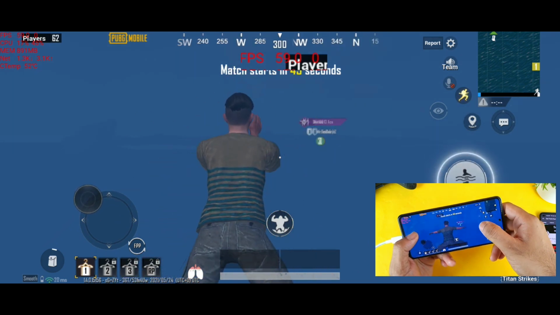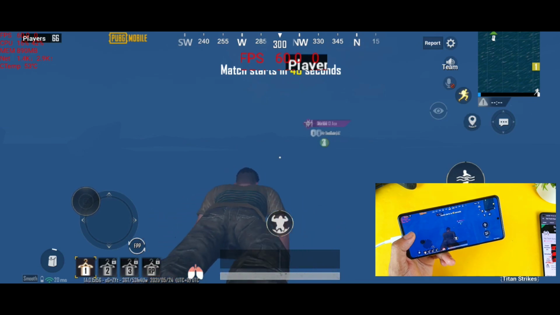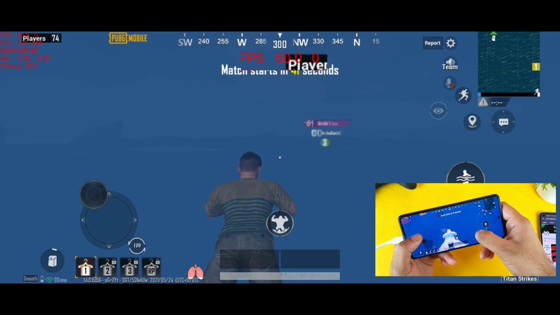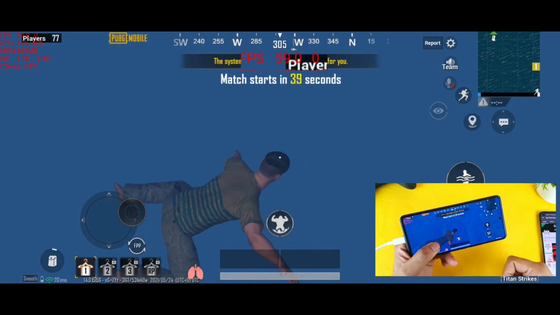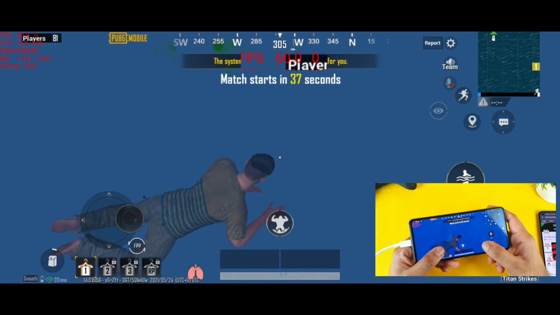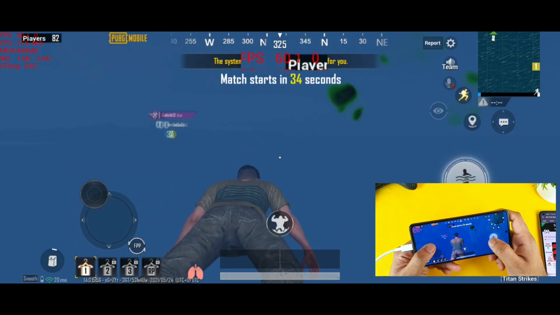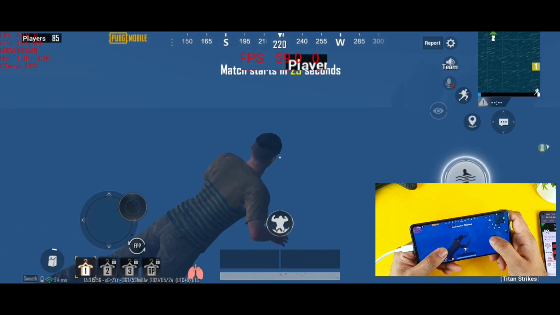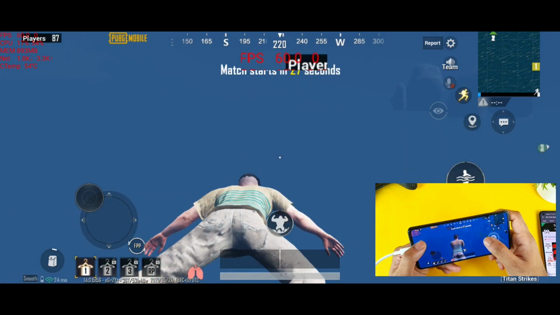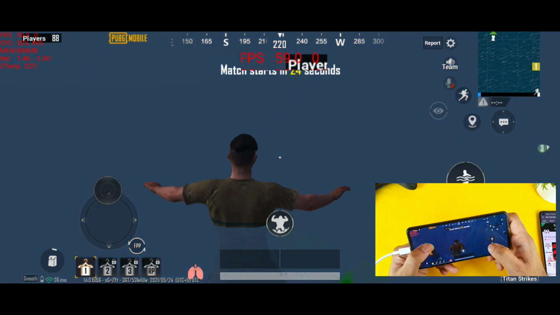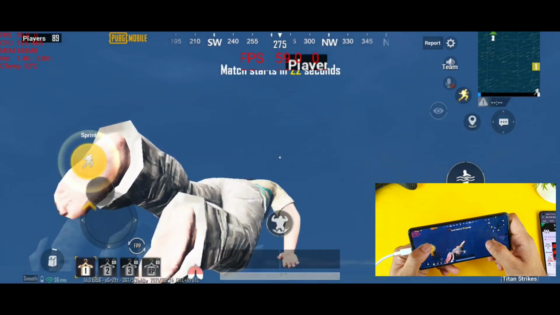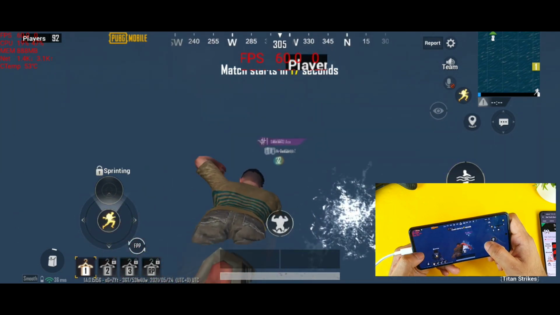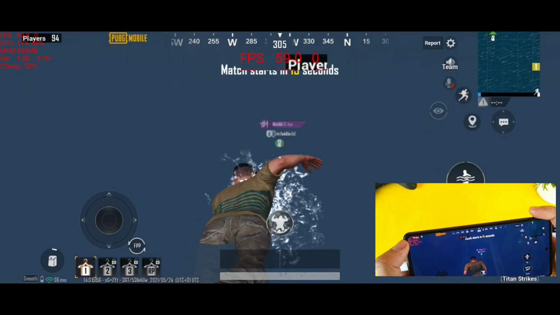So right now let's see friends what is happening here. I think the match will be starting right now, so let's see. And I'm getting solid about 60-59 FPS. At the moment solid 60-59 FPS. And you can see the temperatures as well, 52-54 degrees, and the CPU percentage as well. Everything you will get to know, all the details. And 60 FPS, 59 FPS.